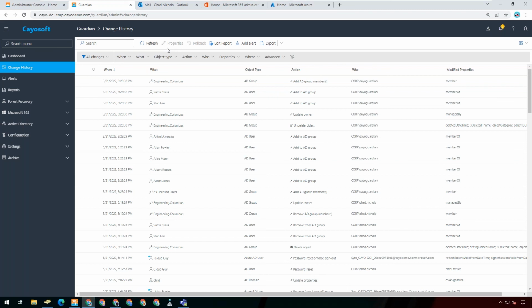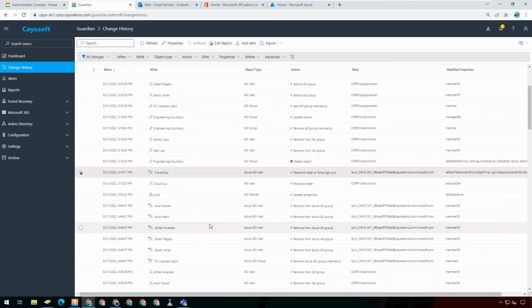I think the only thing I would mention is that the change audit record here, this change history, is showing me both my on-premise objects and my cloud objects. And so one of the most important reasons that we do restore everything fully is because we do a full hybrid restore if the object is hybrid. And that includes calling Azure AD Connect.